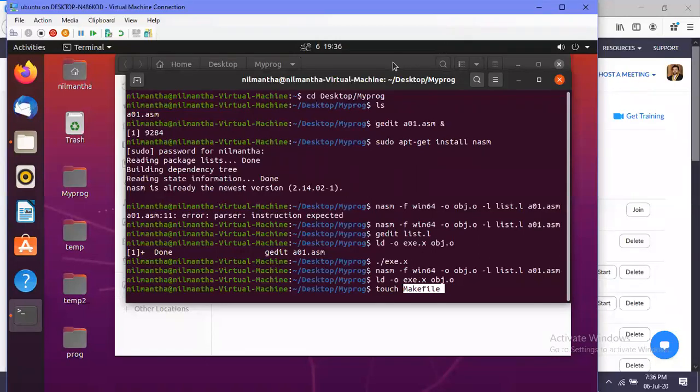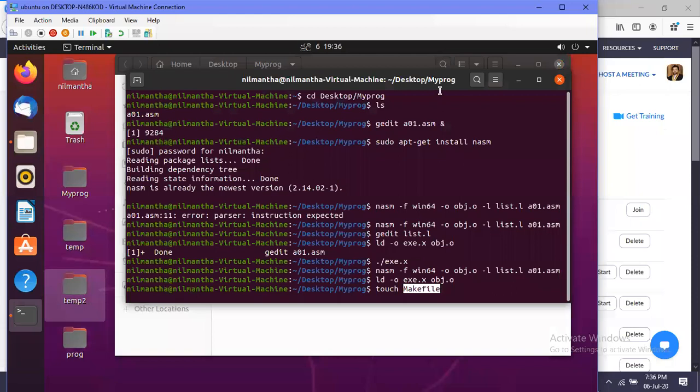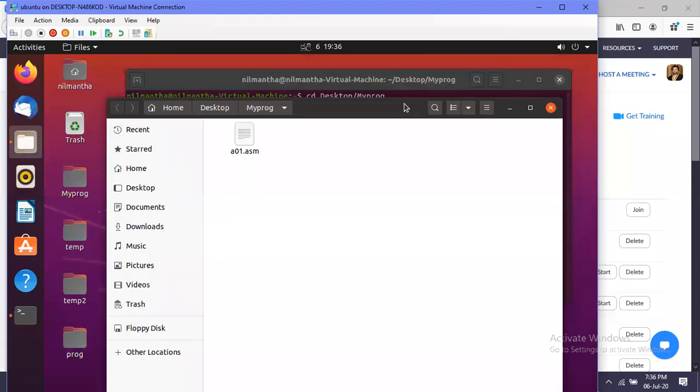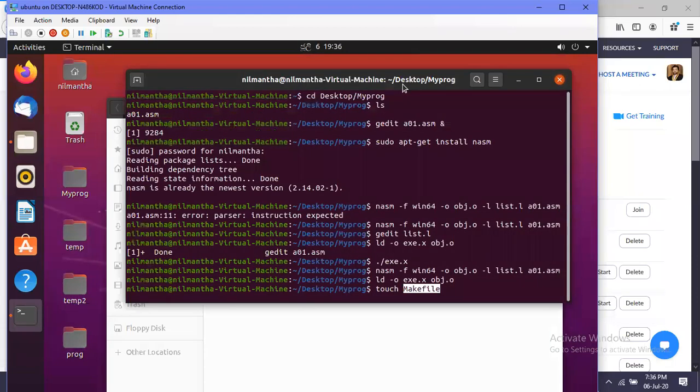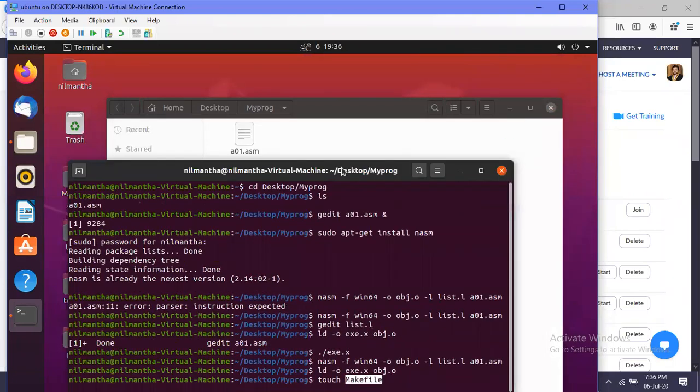What is the meaning of touch? Touch means create. There are no files now, only the assembly file. If you give touch makefile and press enter, you can see a file known as makefile was created.